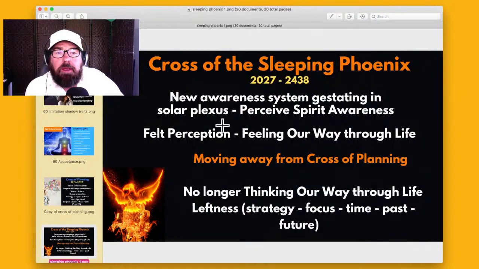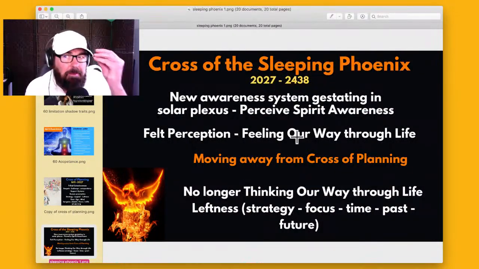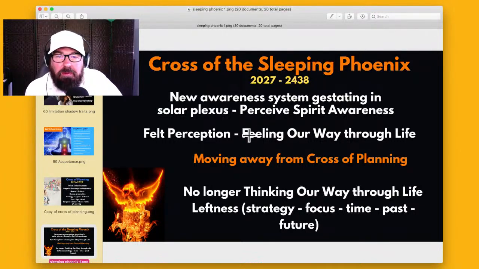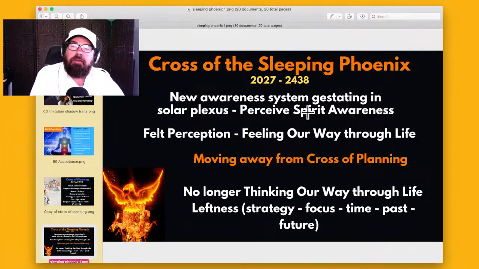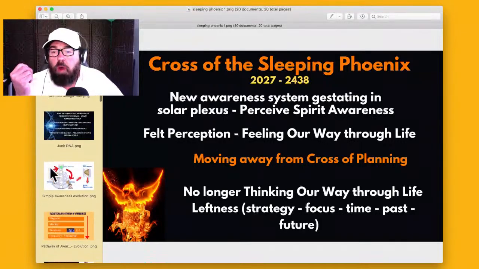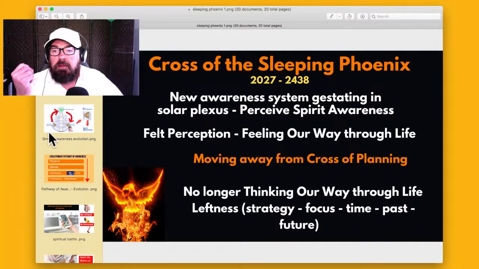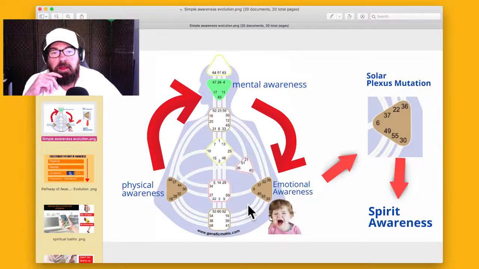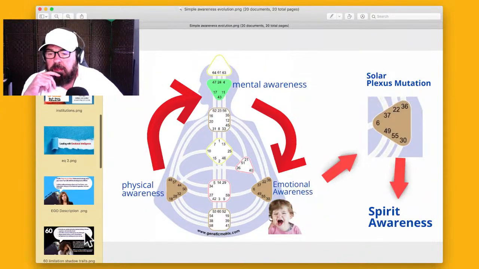So we've got to feel our way through life. It's not getting logical and planning and scheming and all that, right? This old way of being. We have to embrace a new way of being, and this is feeling your way through life, right? And this means embracing your emotions, your emotional body. And most people, why they don't want to go inside is because they have to face this, right? That wounded inner child, all those traumas come up, right? That are rooted to your ancestors, your ancestral memory. That's why they don't want to go inside.